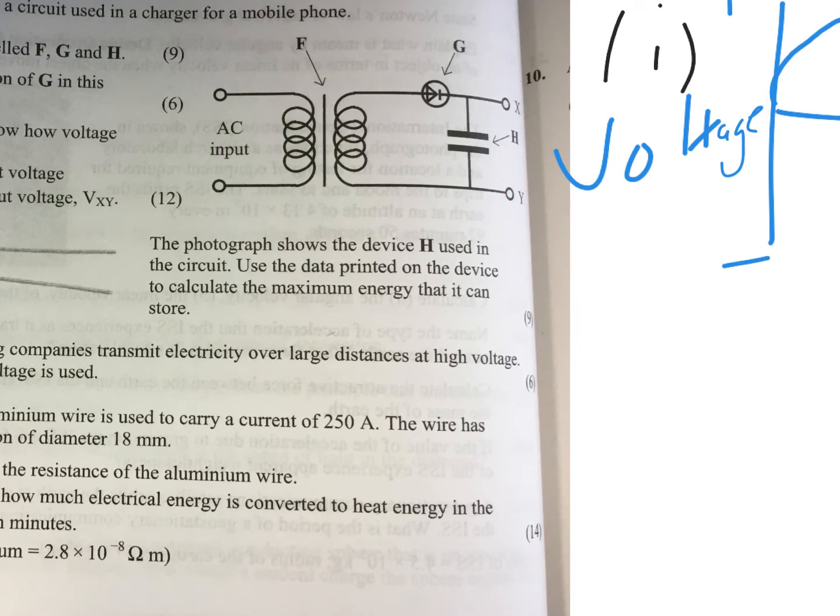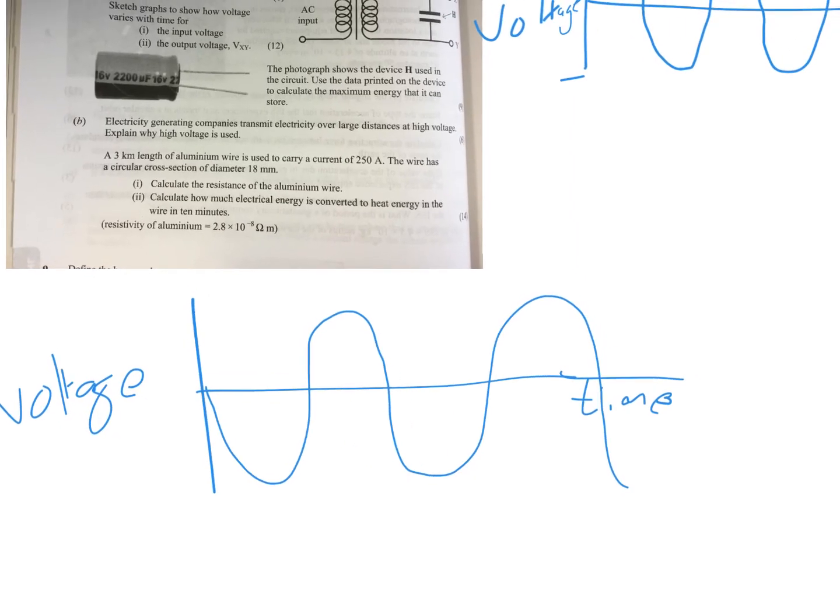So the next thing I'd be thinking about is, right, I've got two components here. One of them is going to be a diode, and the other one is going to be a capacitor. So I can think about what the effect of each of those is going to be individually. So let's look at the